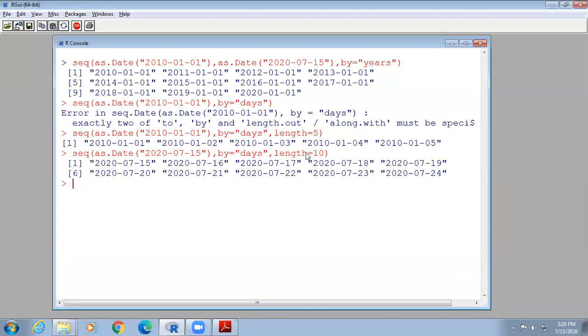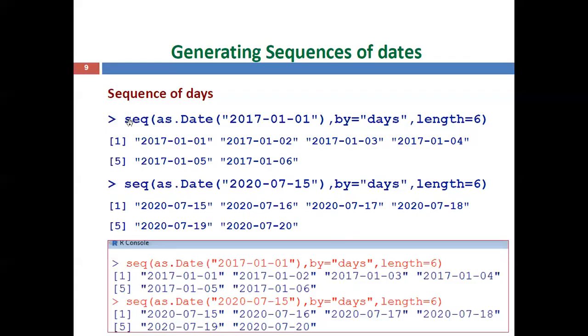Why? Because the length is 10, which mentions the number of days required. So 15, 16, 17 and so on. The 10th date is 24. So sequence of days based on days with given length, number of days.